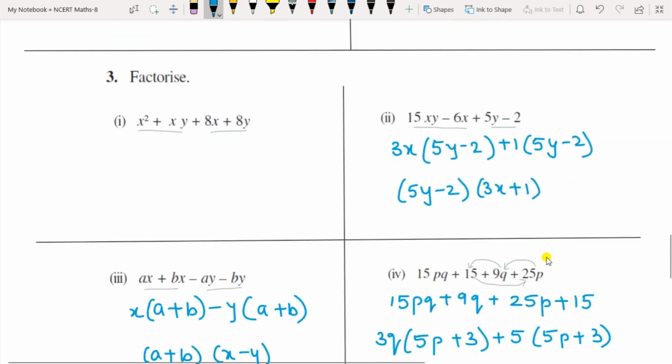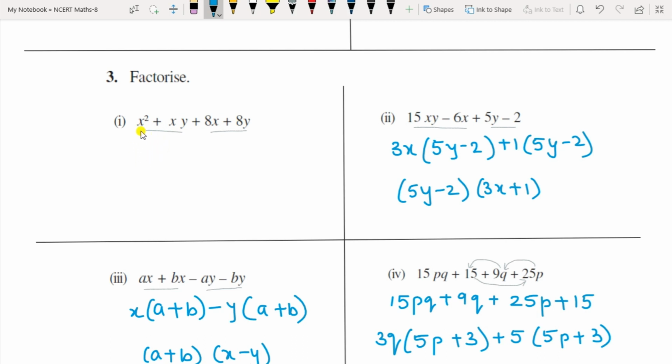Now in this one, this is also a polynomial. There are 4 terms: first, second, third, fourth. In these 4 terms, either the first 2 can be taken as common, and the third and fourth. From that you have to take the common. So the bracket that you get should be equal, then only your answer is right.